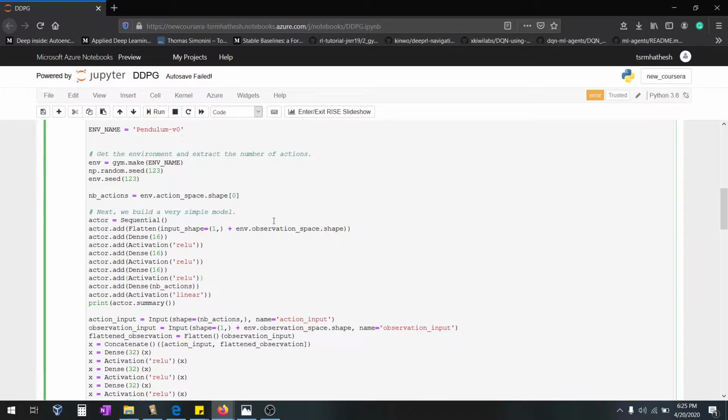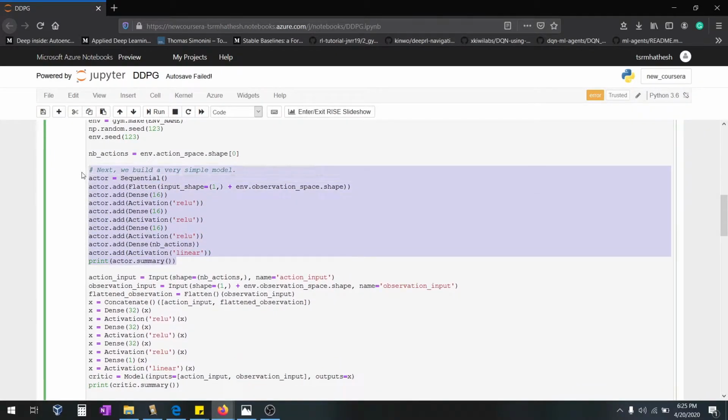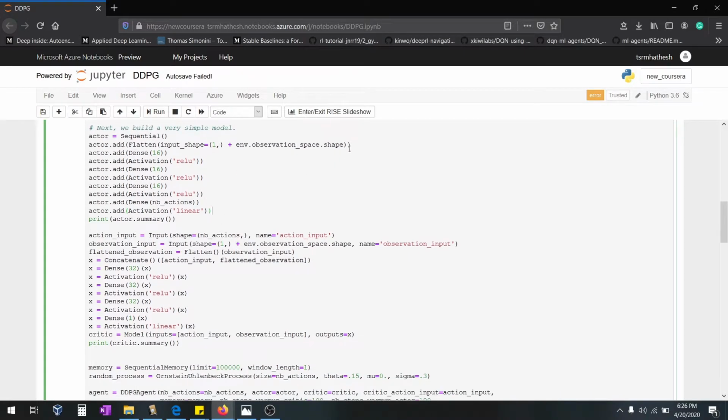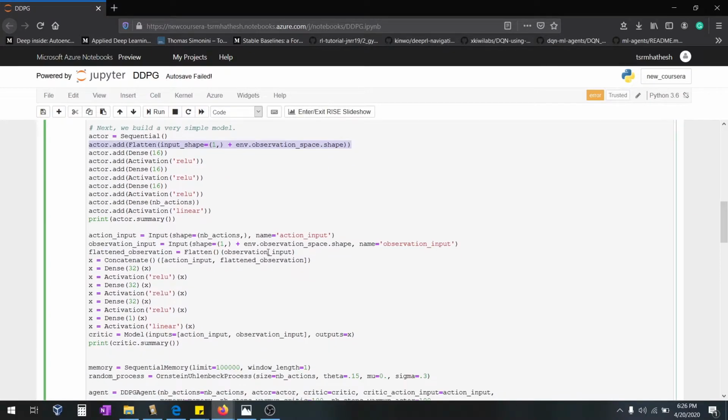Now I'm going to create a neural network for the actor. Taking the observation value from the environment and flattening it, I'm passing it through the dense layers. At the end it should be linear. Now the actor is done. This is small, right? You can try increasing the dense layers and the number of neurons, or try a convolution layer also, but the input should be flattened. This makes the observation from the environment something which can be passed to the neural network.